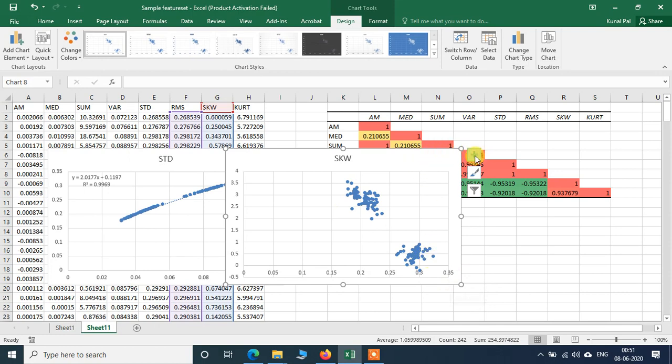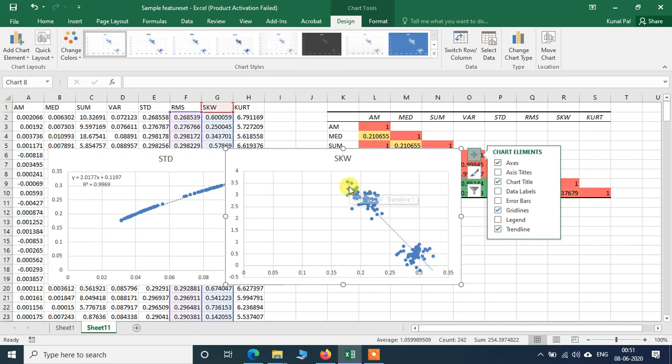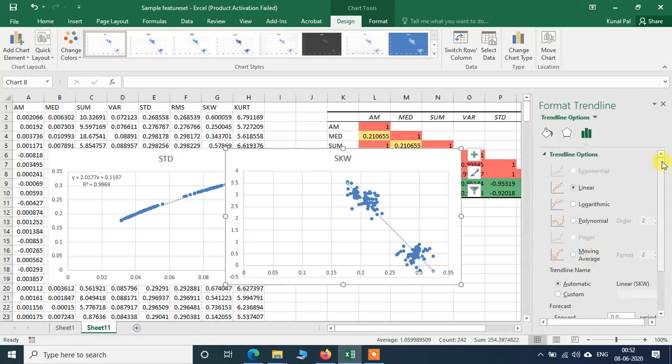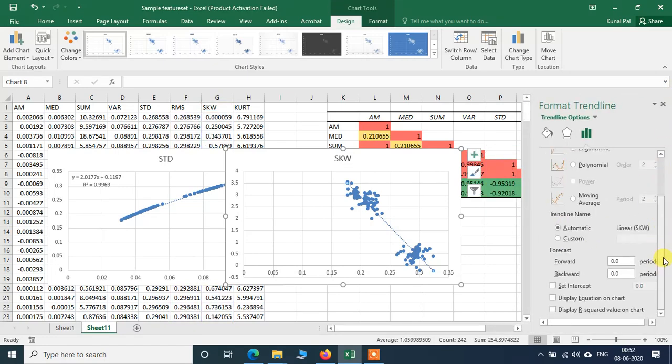Now again I will create a trend line. See, it is decreasing as the RMS values are increasing. I will go to more options, then click display R square value and display equation.